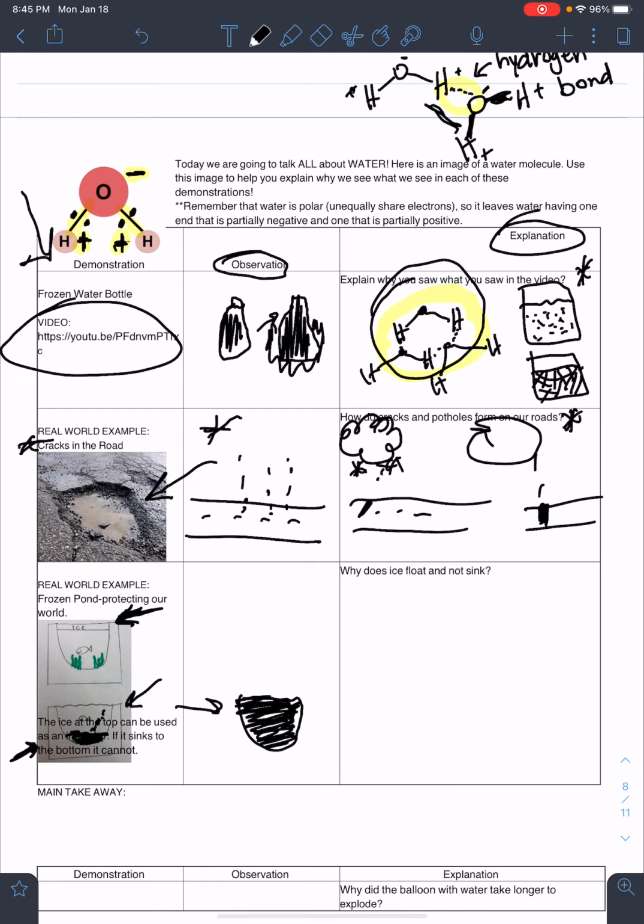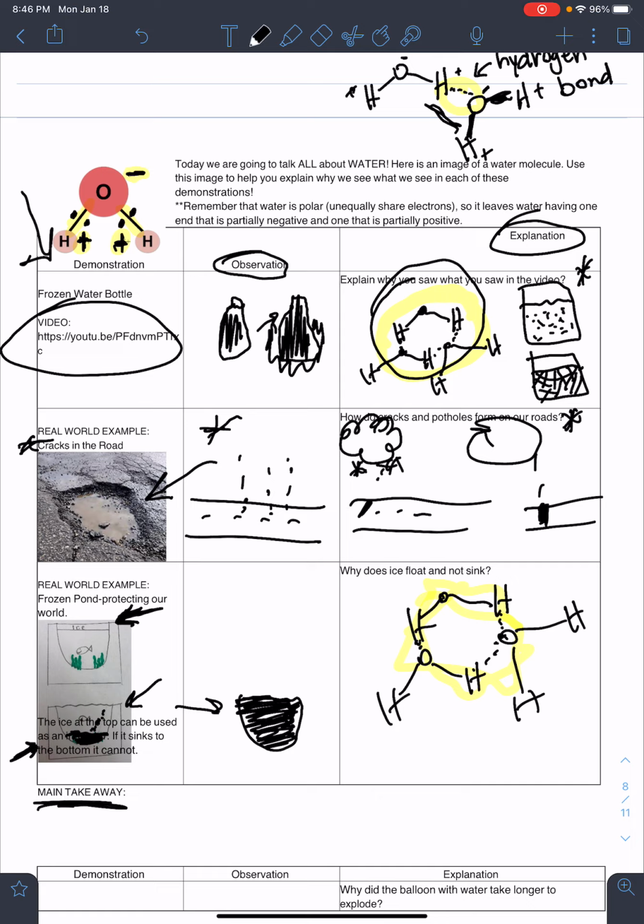And again, why ice floats is because it creates this crystal structure when it freezes. Because it's creating this structure when it freezes, it will all spread out and it will float. Creating this kind of hexagon pattern is what happens, and is really, really important. So again, Google one of those pictures. It'll be really important. Your main takeaway here is that